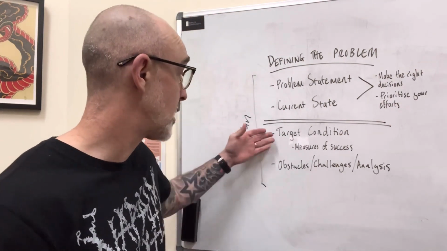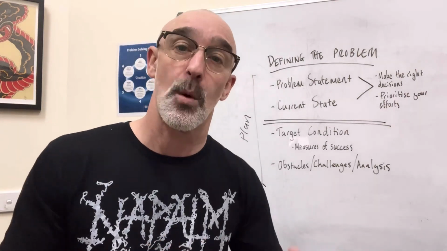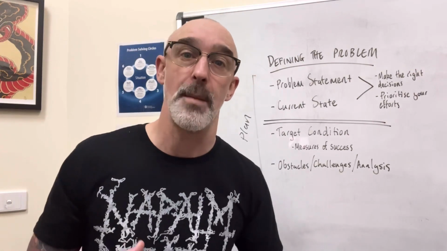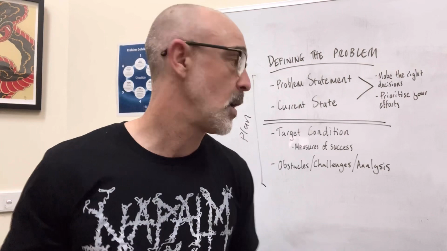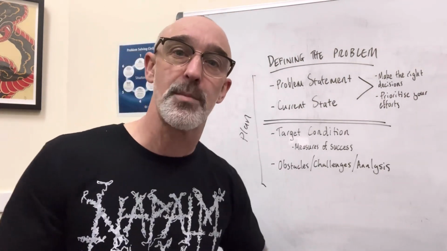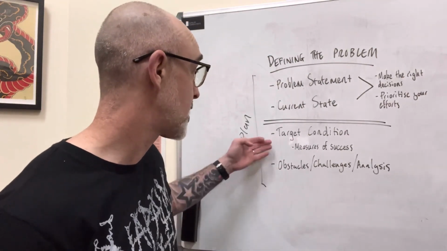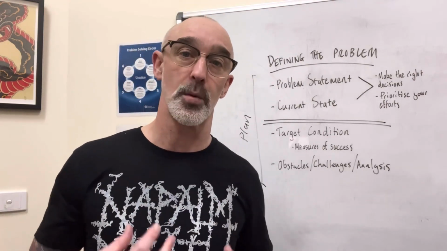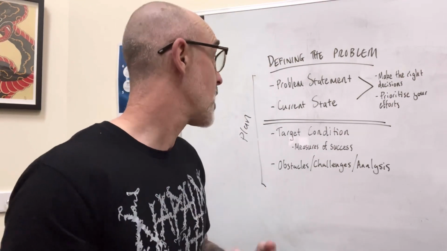And then of course, we need to establish our target condition. So again, if we're looking at an A3, it's a 1 to 3 month horizon. Now again, it's a problem we're trying to solve. Maybe it's getting a process back into control or standard, or it's an objective that we're setting ourselves. Then through a root cause analysis, maybe we're doing some fishbone and 5 why from an analysis point of view. Point A is our current state, point B is our target condition. There are obviously known obstacles and challenges, again, through the establishment of our current state. So again, very quick and easy